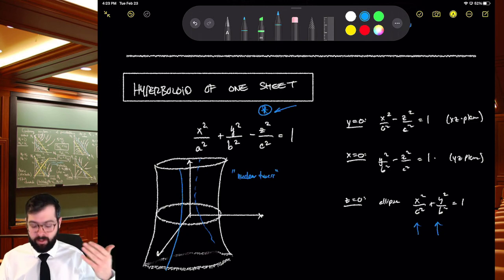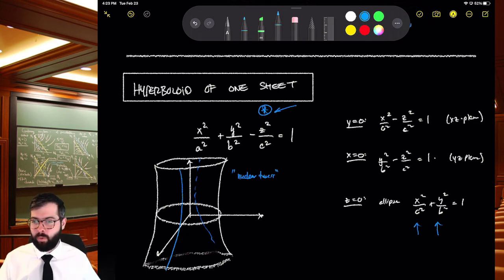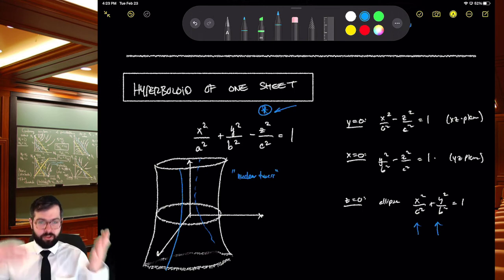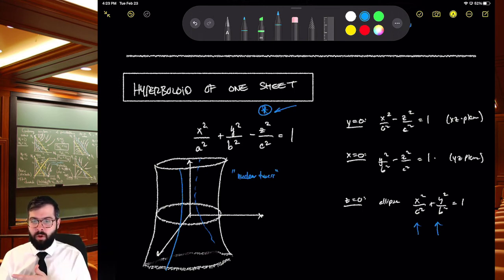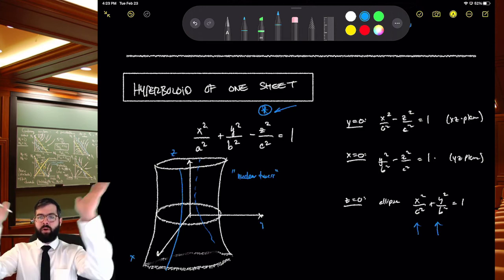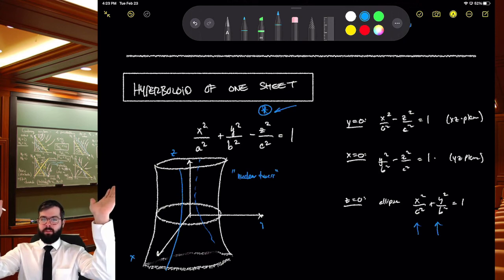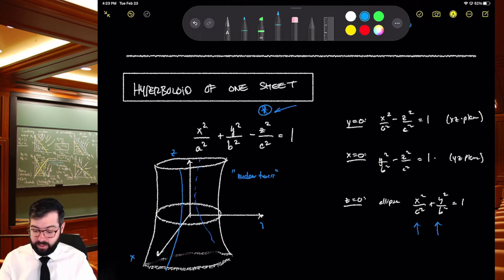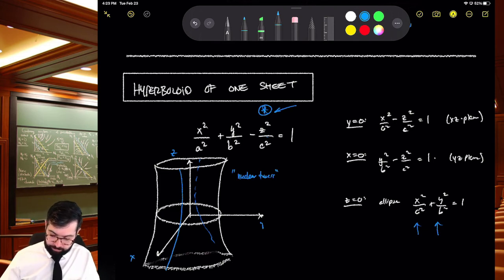But what if you had x squared minus y squared plus z squared? Well, then it's just going to shift in the same way that you see it oriented here, right? This is in the x, y, z. So the hyperbolas are opening up to the z-axis, or rather you could think that the ellipses are running along the z-axis. So if I had it a different way, where the y squared was negative,